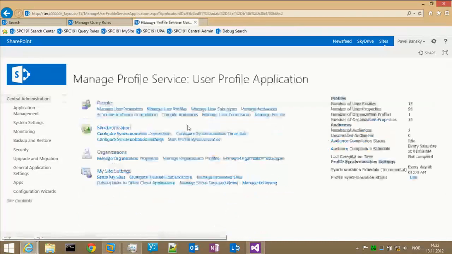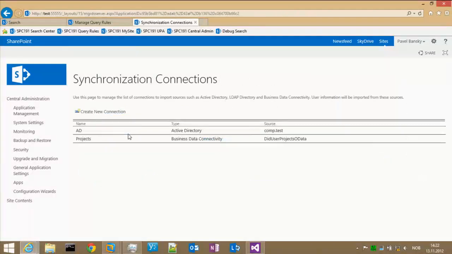Under the synchronization tab, everyone who set up synchronization of people getting data from Active Directory into the user profiles has been here. If we go to the connection settings, I have the AD connection set up, and then I also have one called projects. If I edit the projects one,